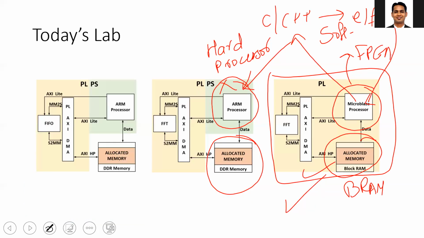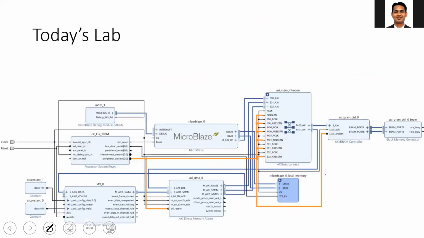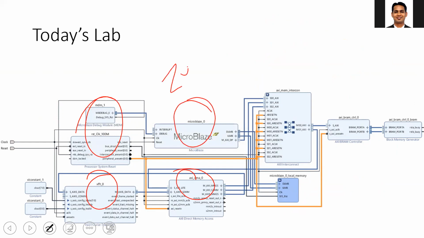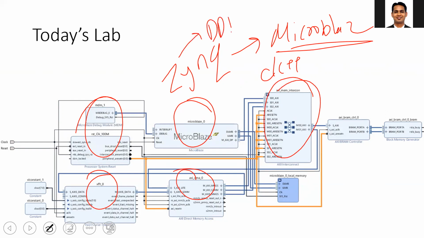So the block diagram which we did in the previous lab, where the FFT-based acceleration is the same in today's lab as well. You can see that you have the FFT, you have the DMA, you have the reset functionality. The only thing is that instead of using the Zynq IP, you have the MicroBlaze. Again, you will use the C++ code in the SDK to configure the MicroBlaze, so the processes remain the same. Again, the AXI interface will be there. In the Zynq case, you had the DDR connection to store your data and the code. But here, instead of the DDR, you use the MicroBlaze.